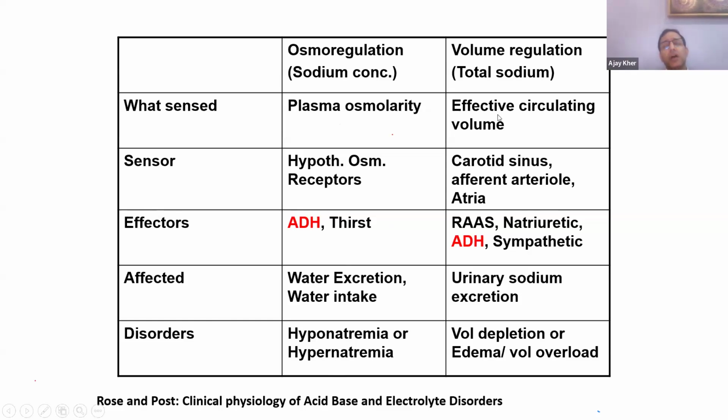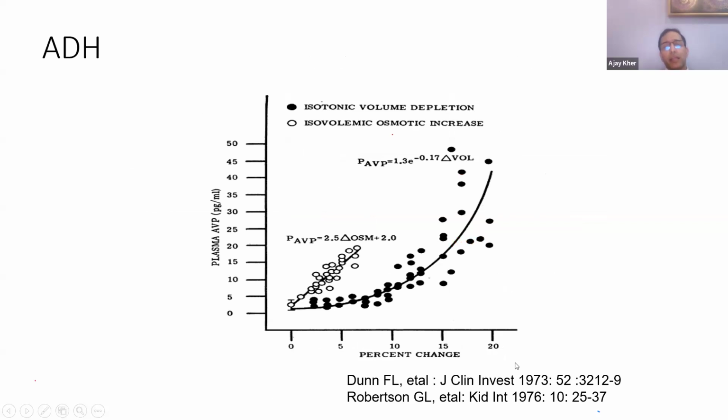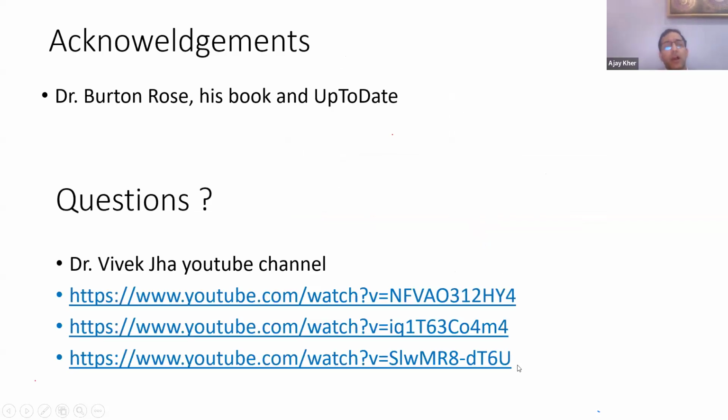Volume regulation is regulated through the effective circulating volume, through the carotid sinus, afferent arteriole, atria, through the RAS, natriuretic peptides, and the sympathetics. And predominantly what they're controlling is urinary sodium excretion, and your volume depletion or edema and volume overload are your problems. And so the conclusion is, I would like to thank everyone for listening, and I'm happy to